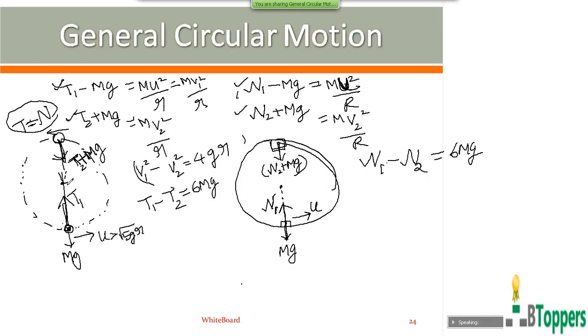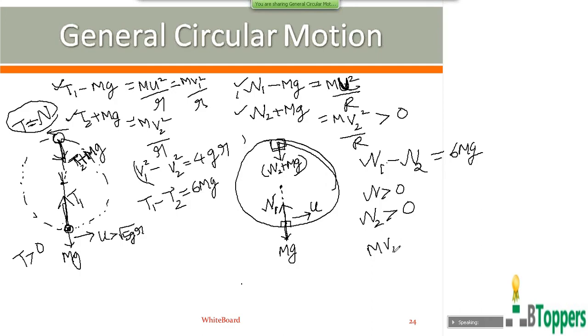I told you that for the bob of a simple pendulum to rotate in the vertical circular path at all instants, the tension in the string should be greater than 0 at all instants. In a similar way here also, for the block to move continuously around the smooth circular track in the vertical plane, the magnitude of the normal reaction should be greater than 0 at all instants. The magnitude of the normal reaction on the block by the surface of the smooth track will be maximum at the lowest position and minimum at the highest position. So the magnitude of the normal reaction will be greater than 0 at all instants if the magnitude of normal reaction at the highest position is greater than 0.